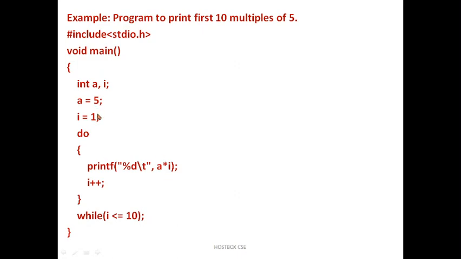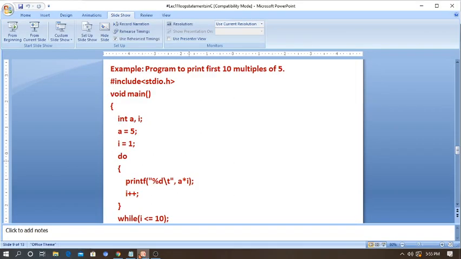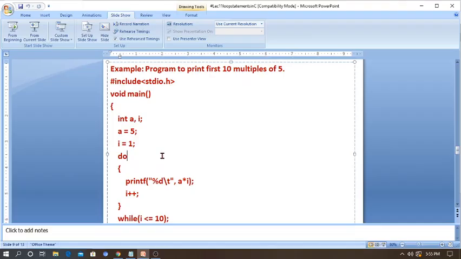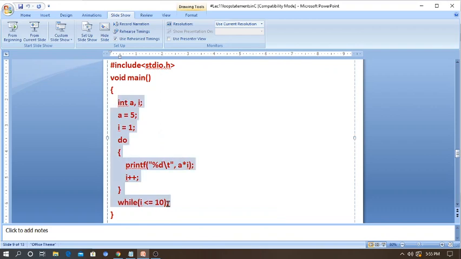That means the i value will multiply by 5, that is 1 into 5 to generate the first one. Then I am giving the condition while i is less than or equal to 10, stop the process. So it will generate the values and print up to 50, that is 5, 10, 15, and so on, at last up to the 10th, because whenever the i value starting from 1 reaches 10, it will stop the process. Let's check the execution here. Unfortunately we are getting an error, but whenever you try to execute the program, you will definitely get the answer, don't worry. Copy this code and try to execute.